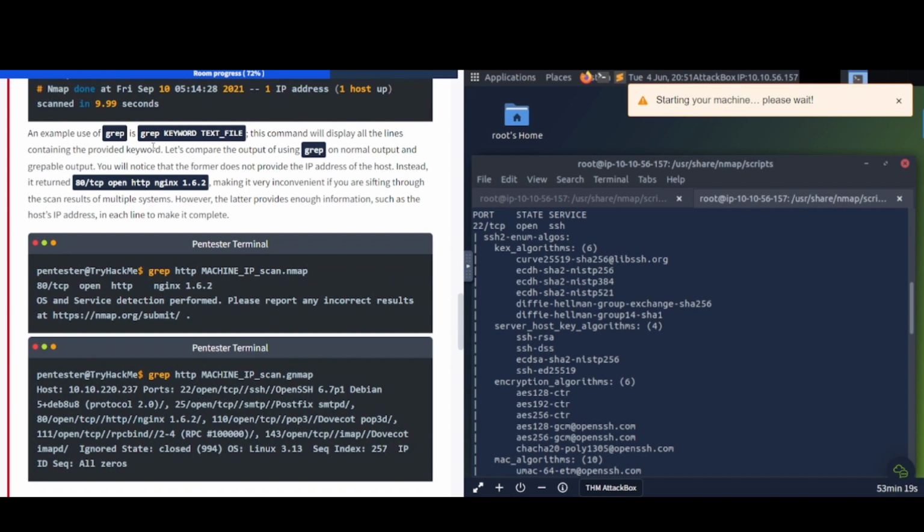An example use of grep is grep, then the keyword, and then the text file or the file. This command will display all the lines containing the provided keyword. Let's compare the output of using grep on normal output and grep output. You will notice that the former does not provide the IP address of the host. Instead, it returned 80 TCP open HTTP and so on, making it very inconvenient